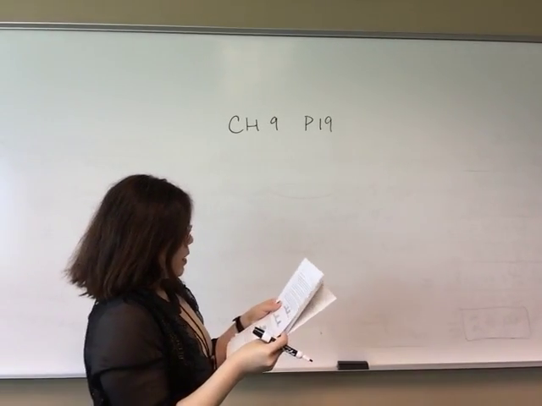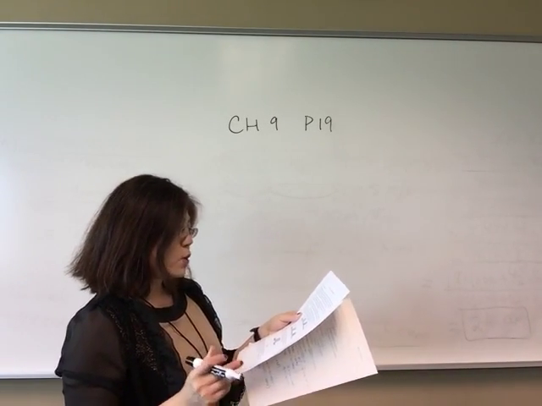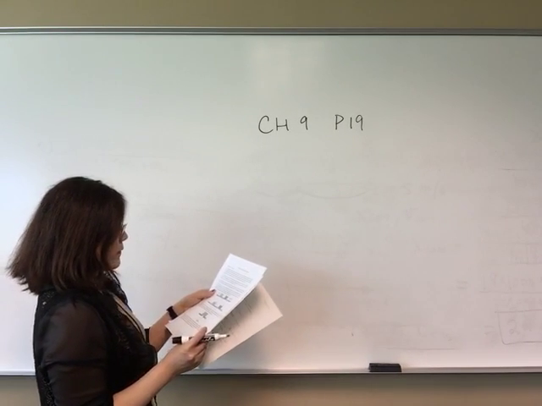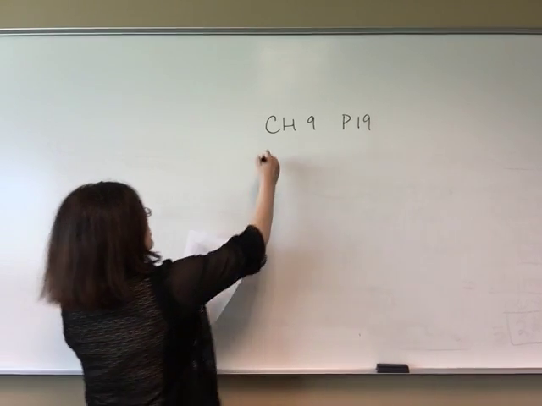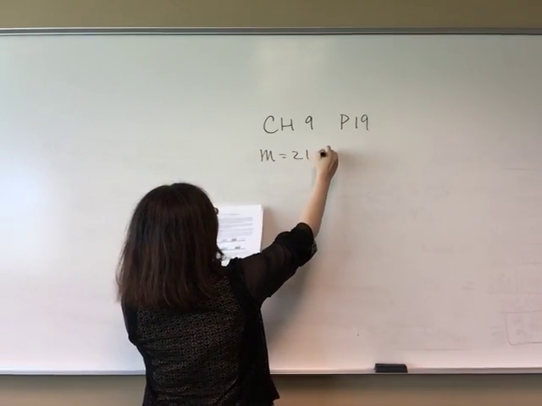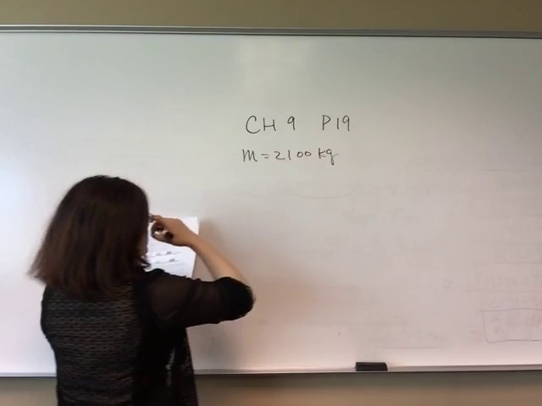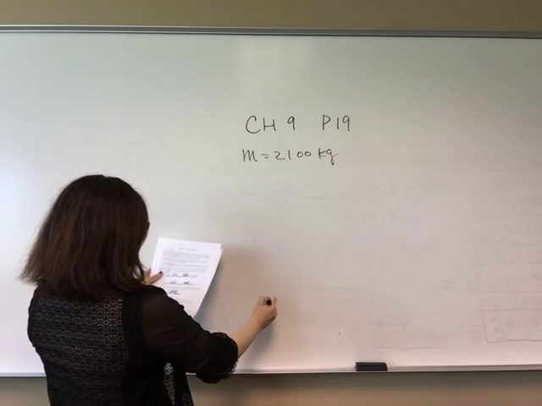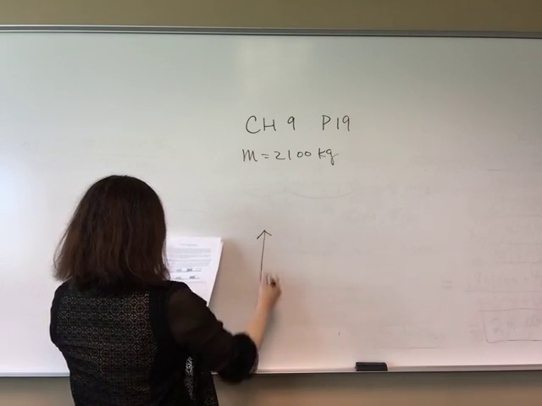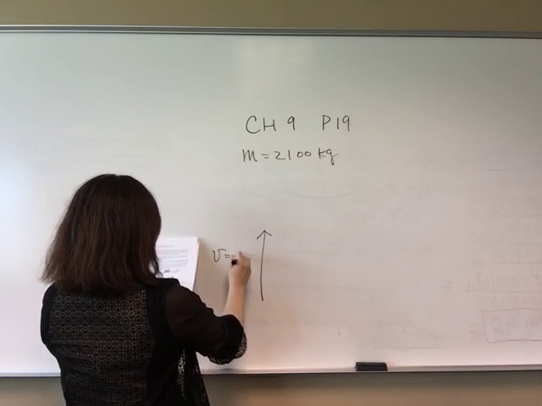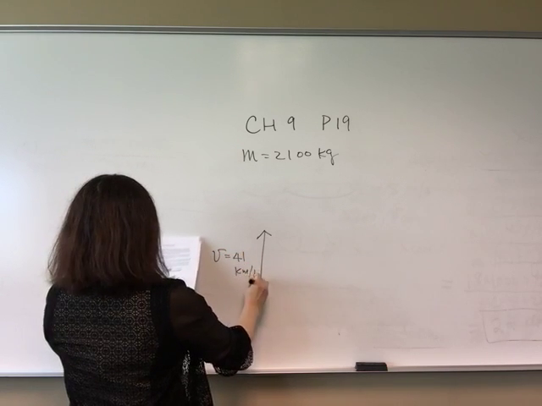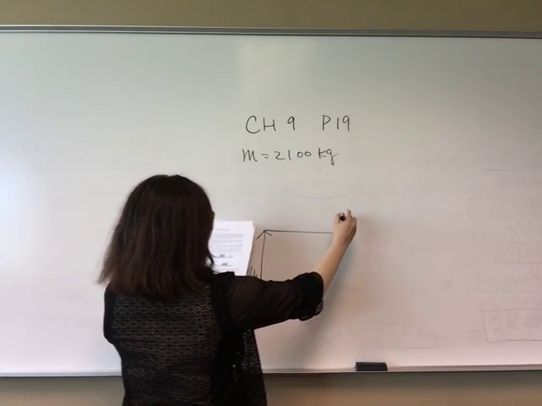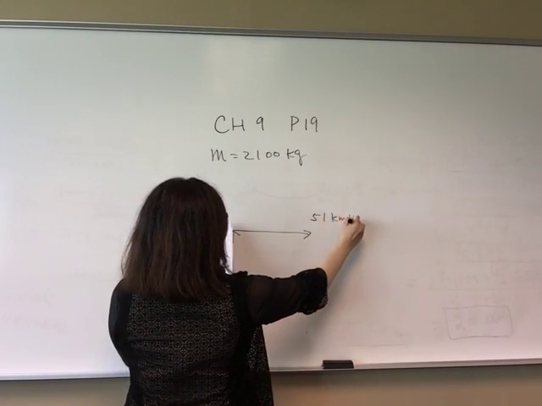19. A 2,100 kilogram truck traveling north at 41 kilometers per hour turns east and accelerates to 51 kilometers per hour. The mass of the truck is 2,100 kilograms, and it's traveling north. So I'm just going to draw a diagram. It's traveling north, and that velocity is 41 kilometers per hour, and then it turns east and accelerates to the velocity, which is 51 kilometers per hour. Okay,